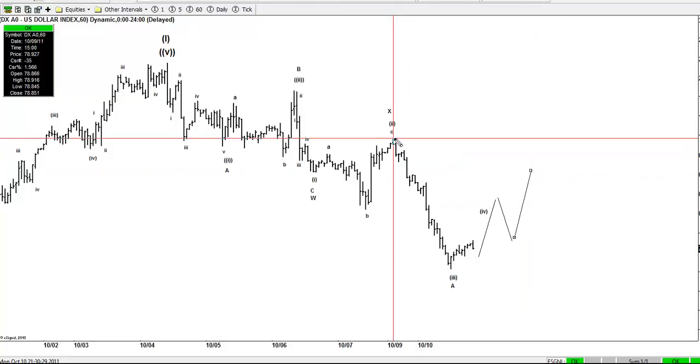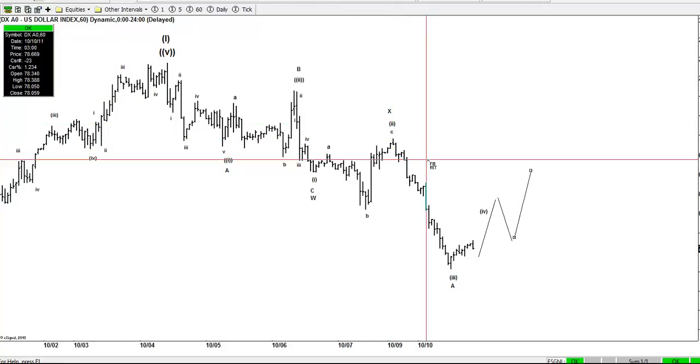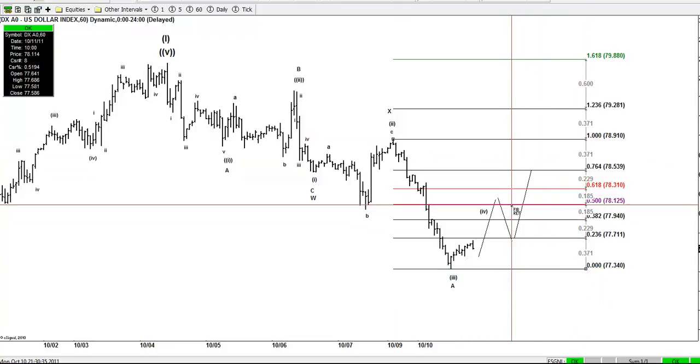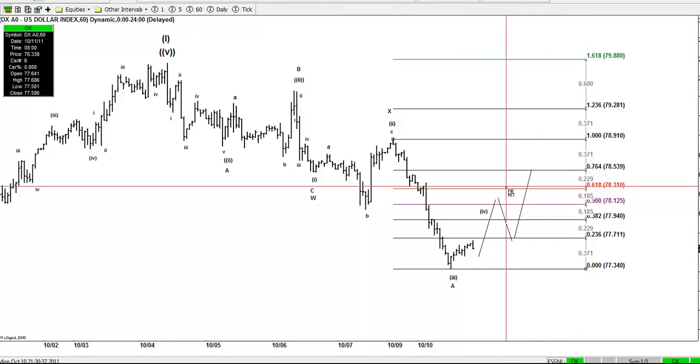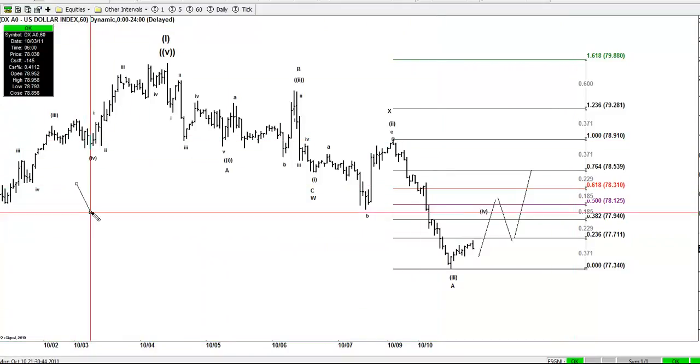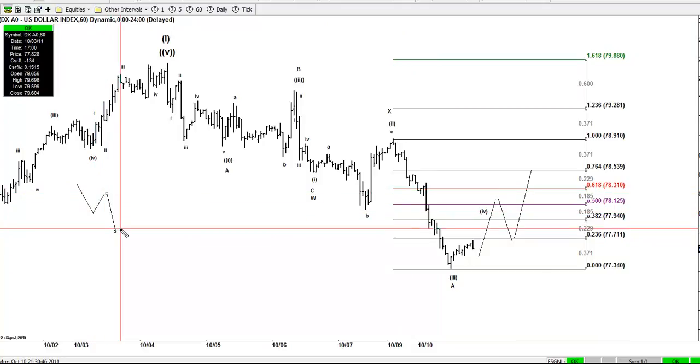This is the risk to the downside on the dollar, and then that correction is gonna look for the dollar around 78.12, 78.31 before another leg down should happen. And then for the new guys in the Elliott Wave, that's what we call a double zigzag,